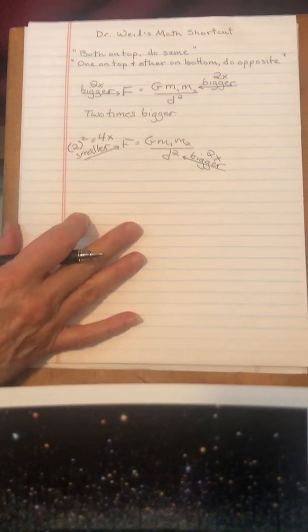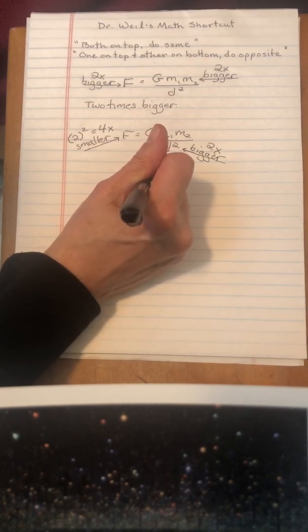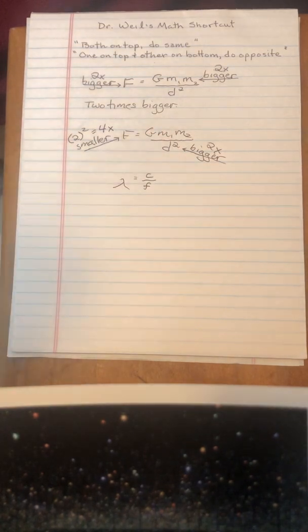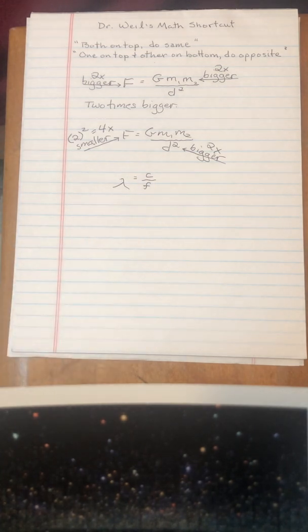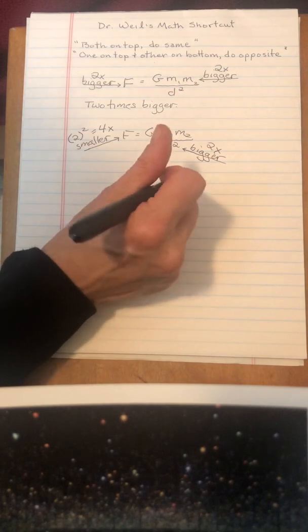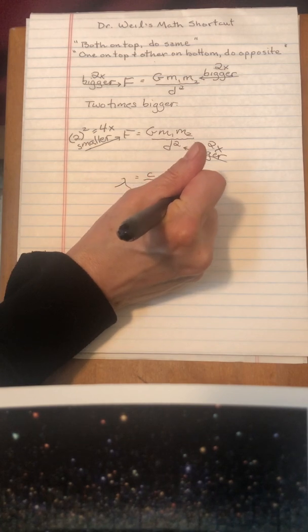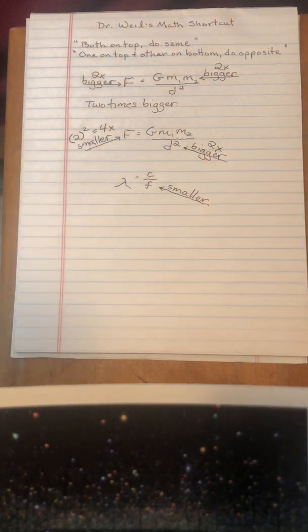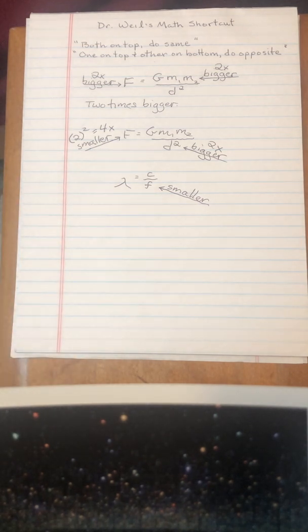Well, let's just try this with another equation. Let's use the one that has wavelength is equal to the speed of light divided by frequency. And let's just suppose I gave you some kind of problem where I said the force is going to be made smaller. Okay, sorry, not the force, the frequency. Little f for frequency, c for the speed of light, which is a constant, and then the symbol, which we'll learn in chapter 5, is for wavelength.